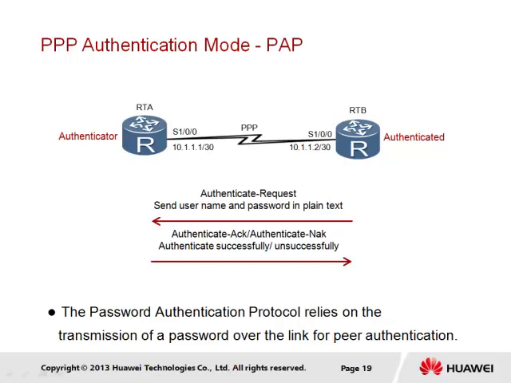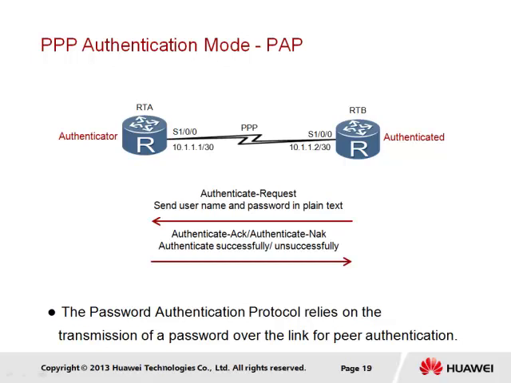PPP negotiation is likely to also define authentication parameters that determine the form of authentication that is to be negotiated as part of the negotiation phase of the PPP link establishment. Authentication is generally necessary to ensure that rogue devices are not physically inserted into the existing network. Without successful authentication, where authentication is applied, the peering devices are unable to establish the PPP connection. There are in fact two forms of PPP authentication that can be negotiated.